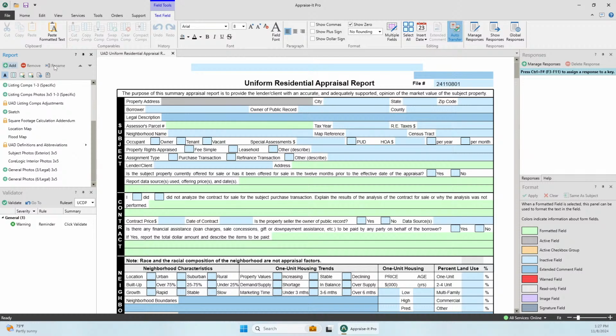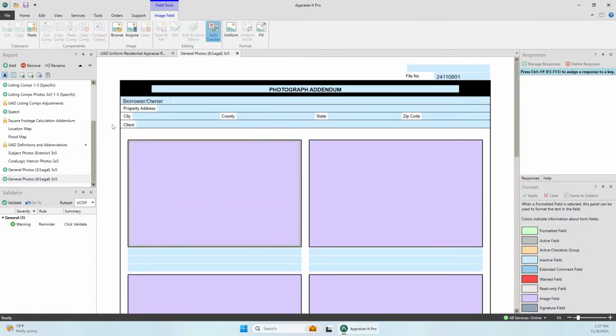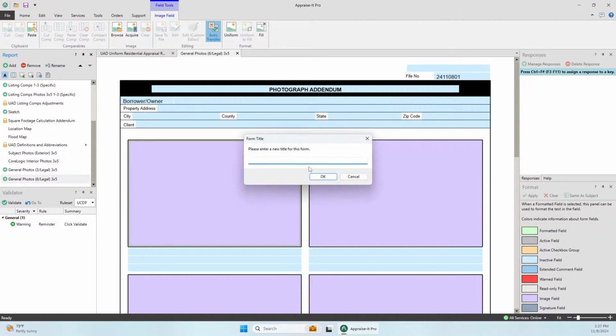The other thing I can do is rename stuff. So instead of saying general photos, maybe these are photos, and this says this is 3 photos per page on legal. And then I also have 6 photos per page on legal. So there's your 6 photos per page on legal size paper. So what I can do is, maybe this is the garage photos. Maybe it has a really cool garage and I took a bunch of photos of it. So I can rename this and say garage